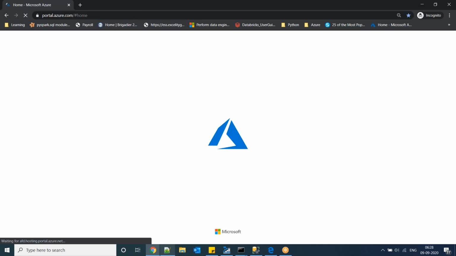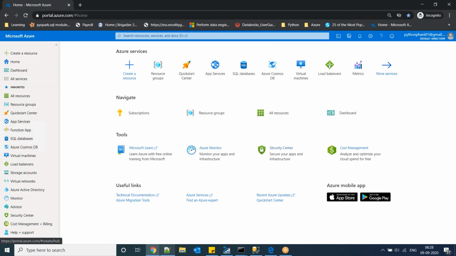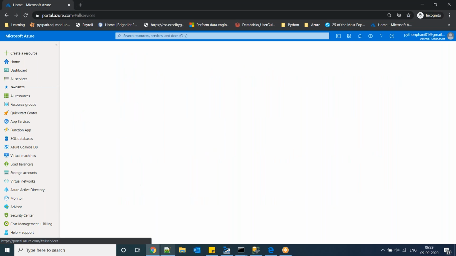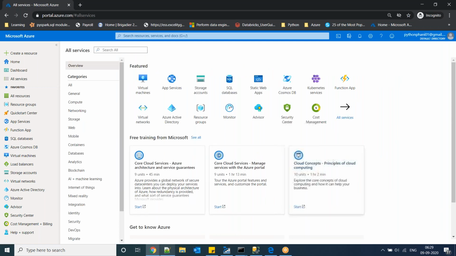Once you click this one, it will be redirected to here. Now here you can see on the left side all the resources. So what are the available resources in Azure? Multiple resources are there.